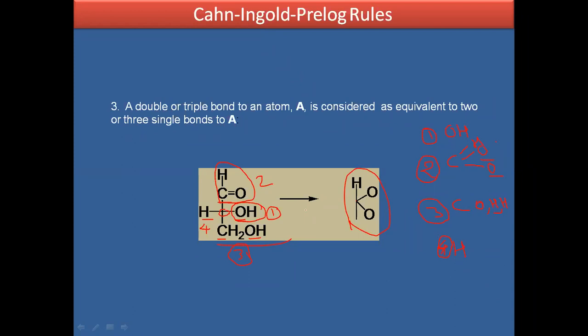Second rule, if a similar atom is attached to the asymmetric center, then you have to consider the adjacent atom for assigning the priority. And third rule, if a double bond or triple bond is present in the structure directly attached to the asymmetric center, then the atoms of this double or triple bond are treated as single atoms, like in these examples. These are the sequence rules.